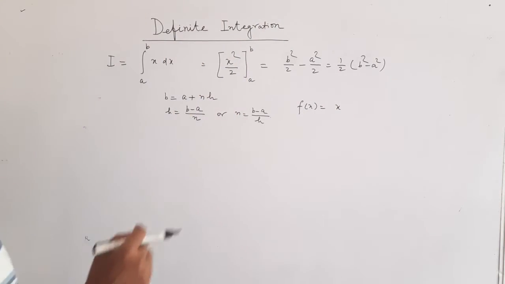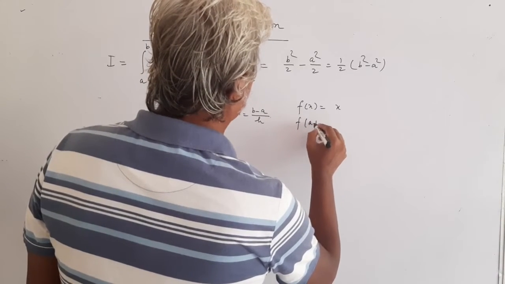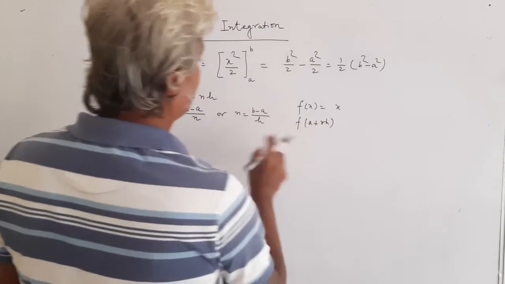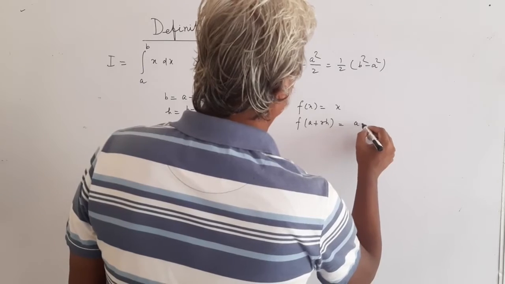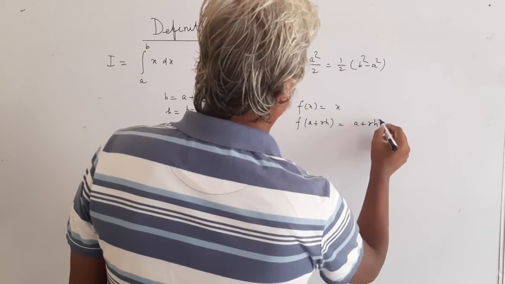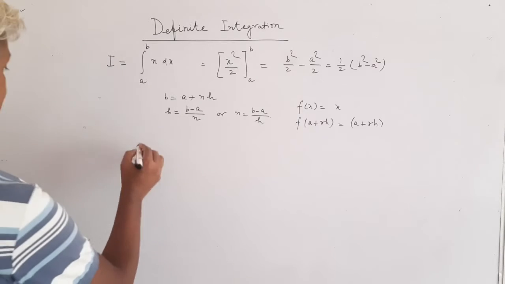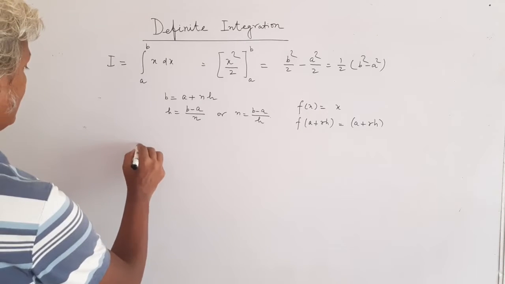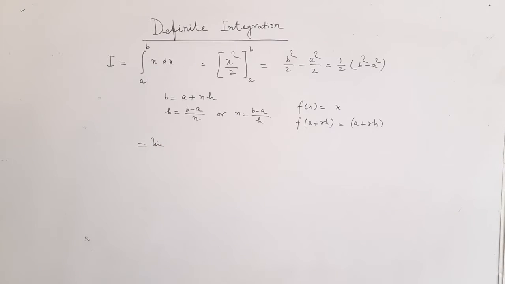Now our rh term, you remember it was a plus rh. So if I write f of a plus rh, where r is the lower limit, this function becomes a plus rh. Okay, now I write the formula, that is Sn, or the whole thing as limit h tends to 0,